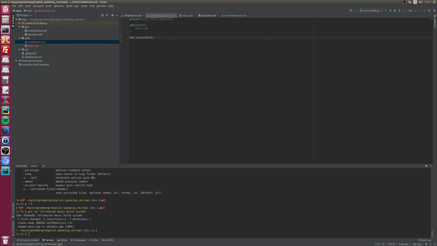Add executable, English speaking virtual machine cross compiler. Let's just fully name it. Okay, main. Do we have something? No, we don't have. Include iostream. Int main, and let's just put something here.